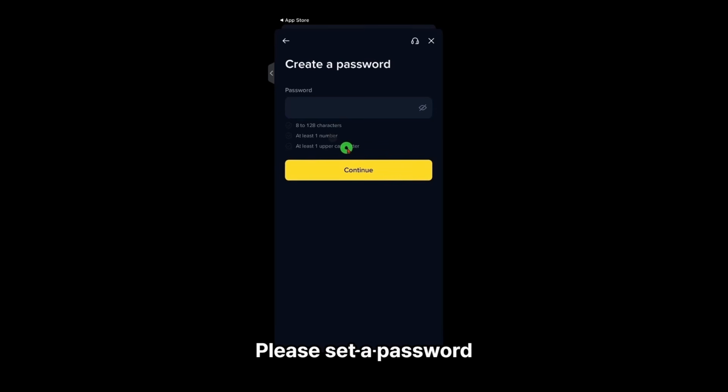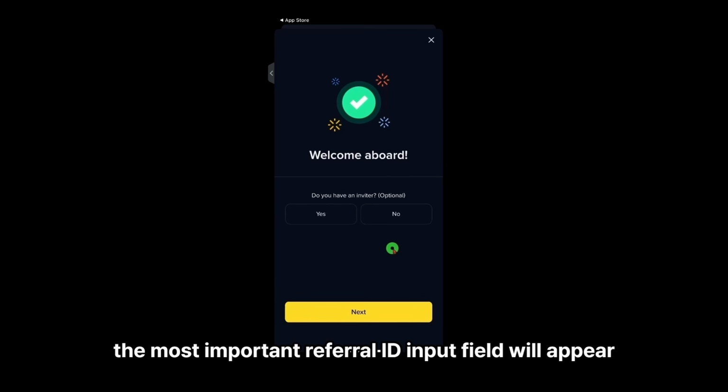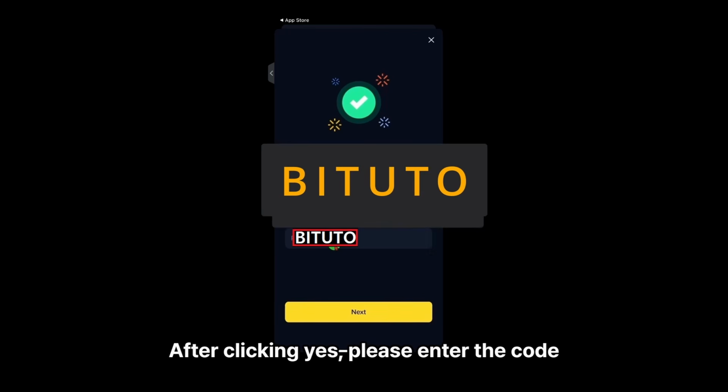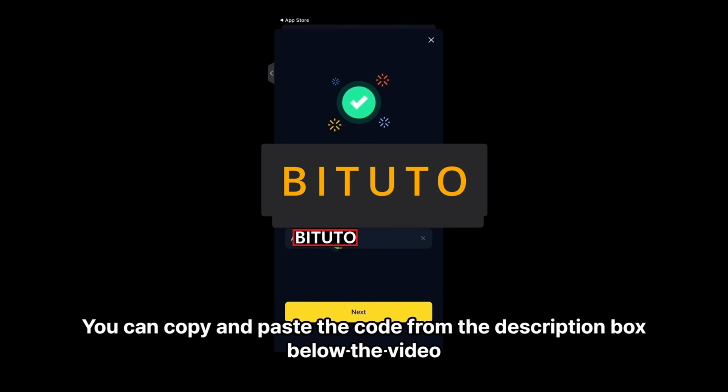Please set a password. The most important referral ID input field will appear after clicking Yes. Please enter the code currently displayed on the screen here. You can copy and paste the code from the description